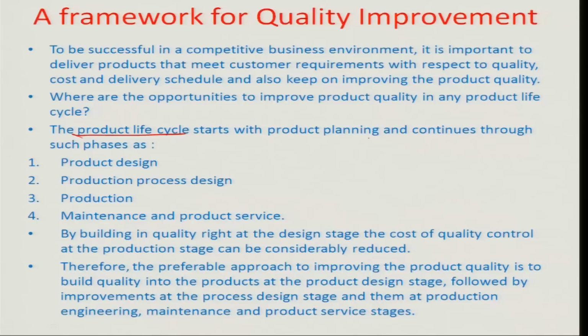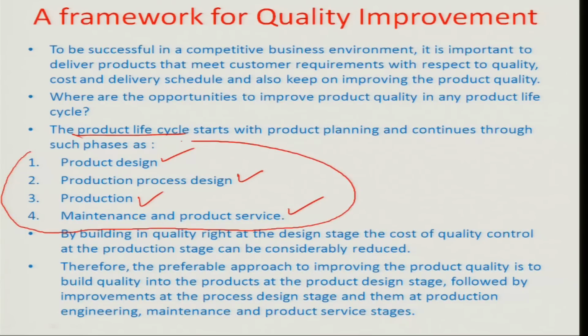You know that the life cycle starts with the product design stage, then the production process design stage, the actual production stage, and then the maintenance and the product service stage. So these all four form a part of the product life cycle. There has to be a presence of quality in all these four stages, and you have to build a framework so that there is a possibility of quality improvement at every stage of this product life cycle, so that you can build the right quality